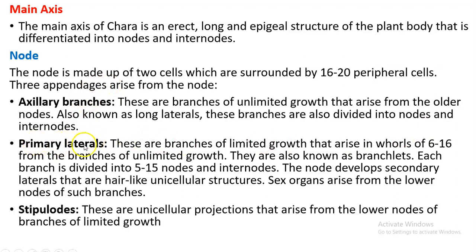Then what are primary laterals? Primary laterals are the simple, small branches of limited growth, having a maximum of 5 to 15 nodes and internodes. They are called primary laterals. At the same area from which these primary laterals arise, you can see the third appendage called stipulodes, which are unicellular projections that arise from the lower nodes of the branches of limited growth. Why lower nodes? Because at the lower nodes only we see the reproductive structures called